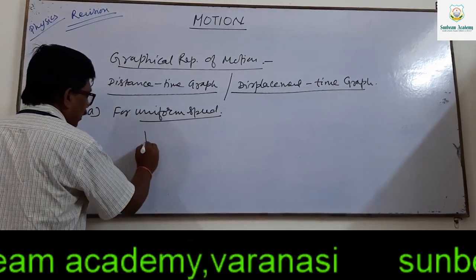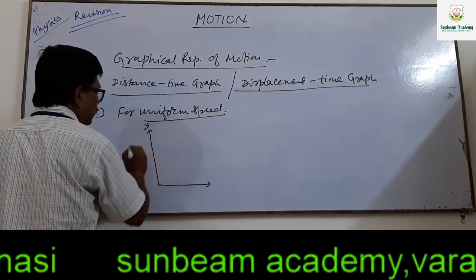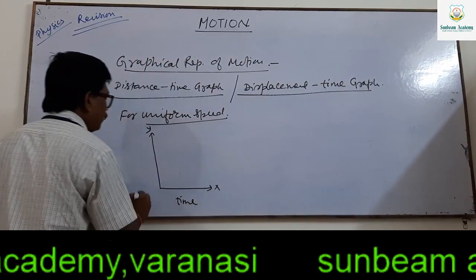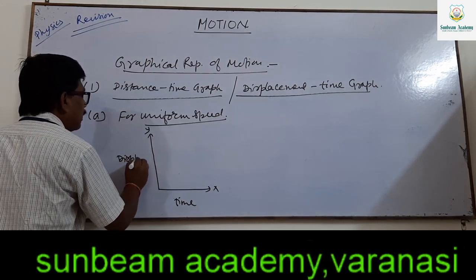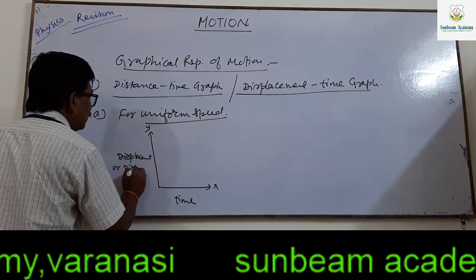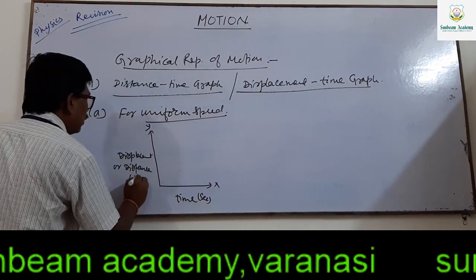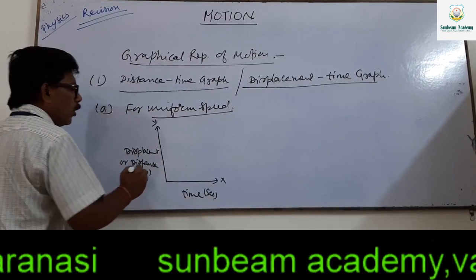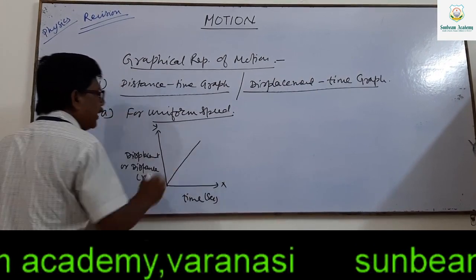In the distance time graph, on the x-axis we represent time, and on the y-axis we represent distance or displacement, in meters. For uniform speed, the graph obtained is a straight line,